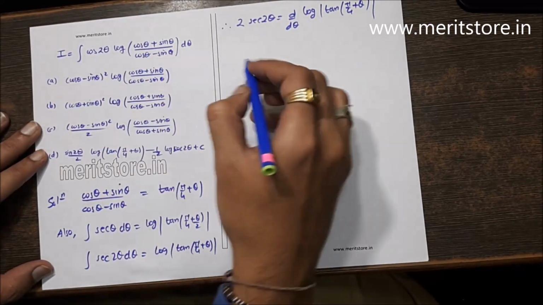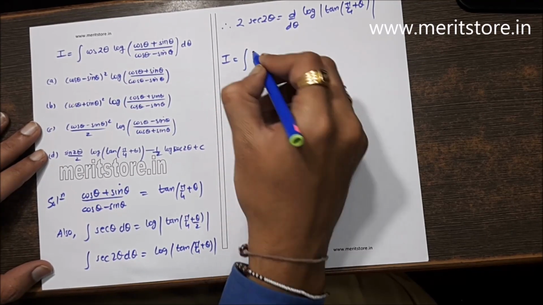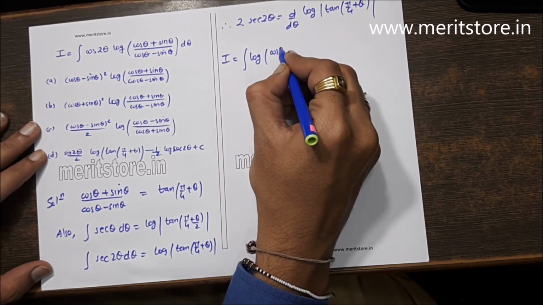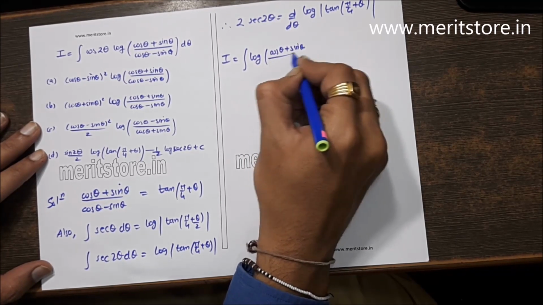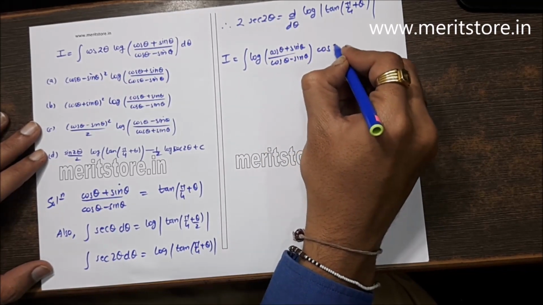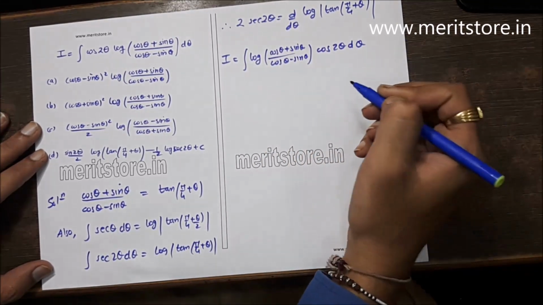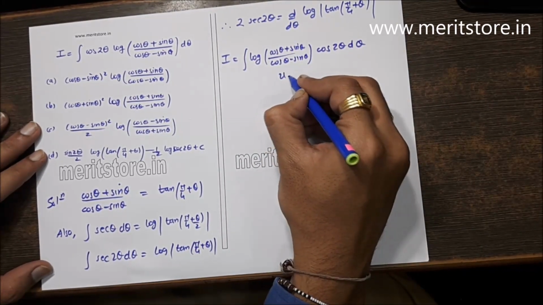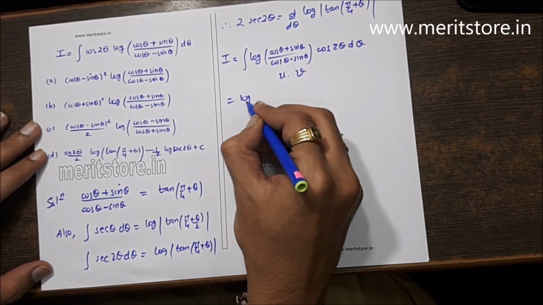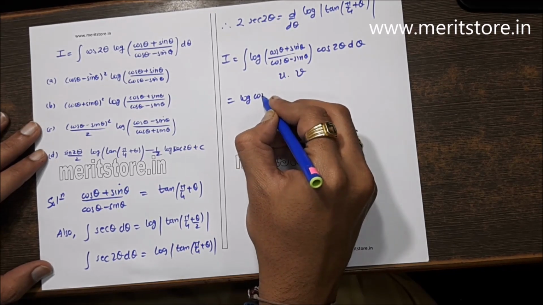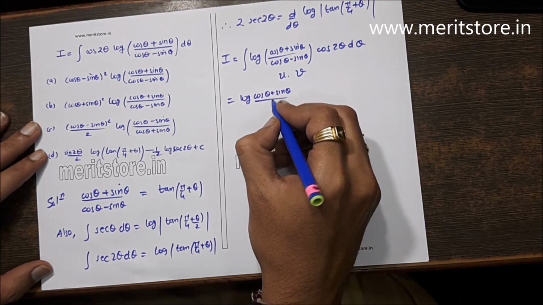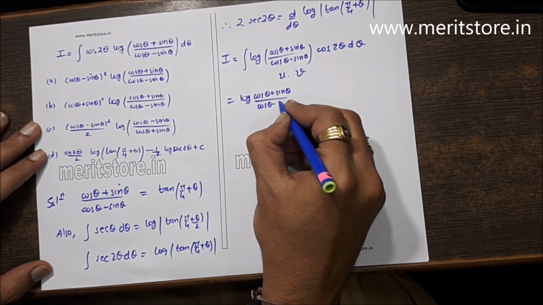Now coming to our original question, I am writing this as log of (cos theta plus sin theta) upon (cos theta minus sin theta). We'll write this term first and cos 2 theta later. We will be applying u into v as our formula. So this becomes u, log of (cos theta plus sin theta) upon (cos theta minus sin theta),